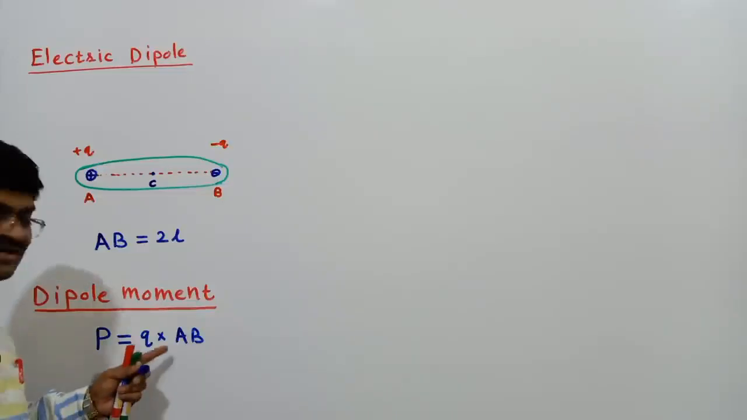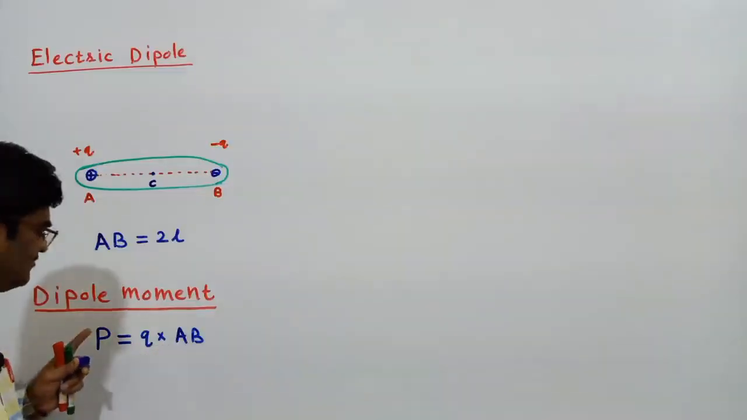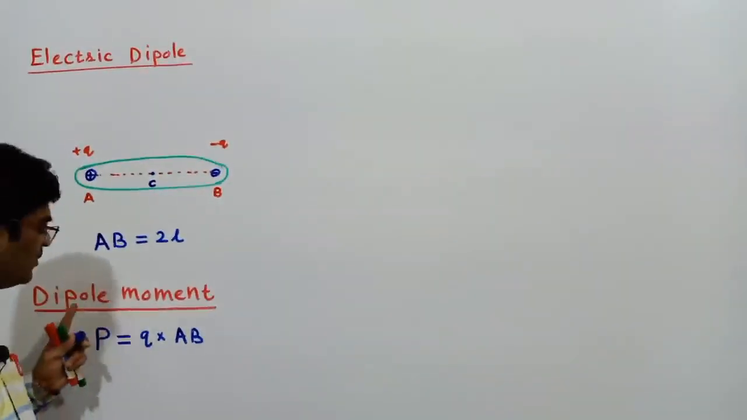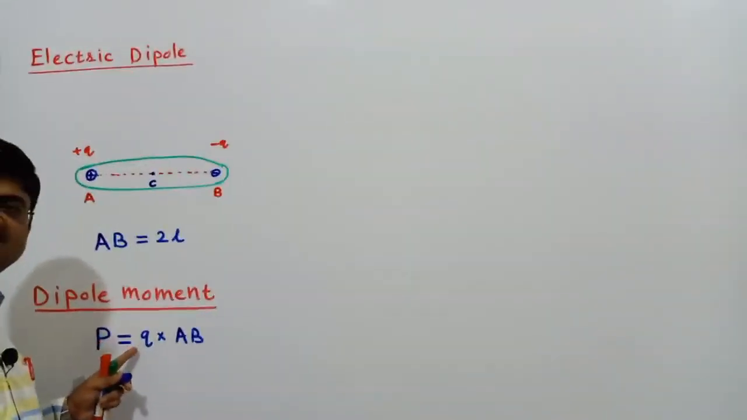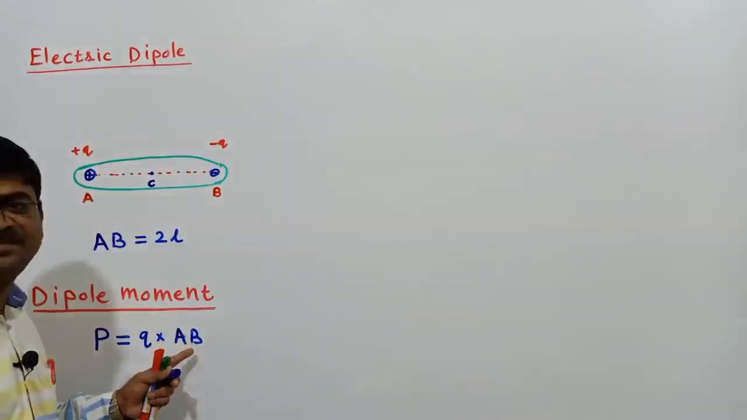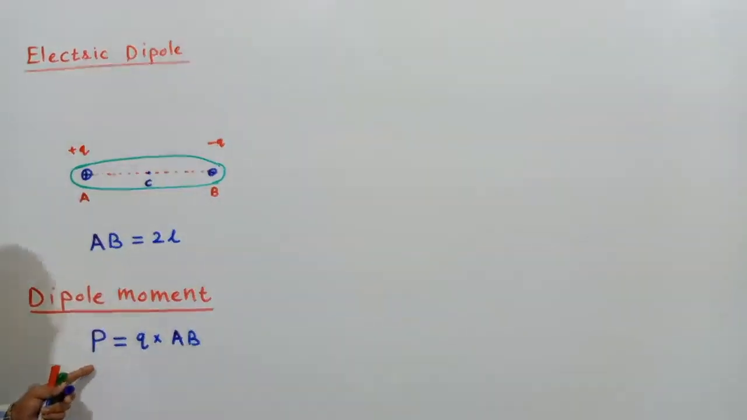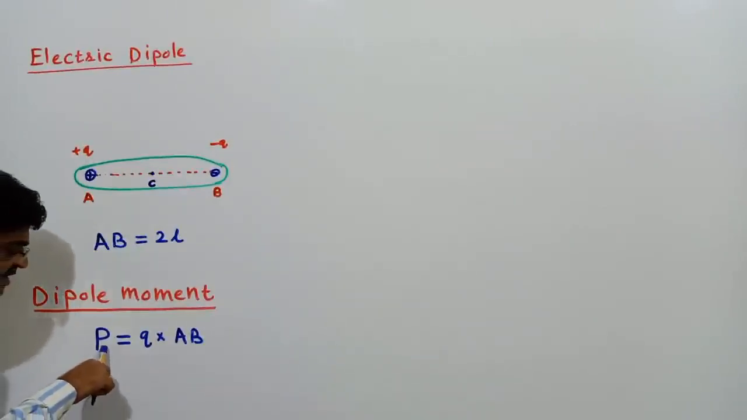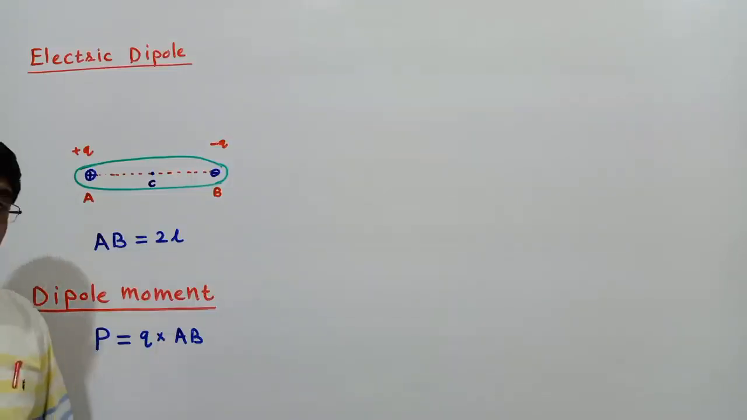AB is the separation between these two charges. The simple definition to put in words: the dipole moment of a dipole is numerically equal to the product of the magnitude of a charge and the separation between those two charges, and it is represented by the letter P. Sometimes you may find it with a subscript E also here,